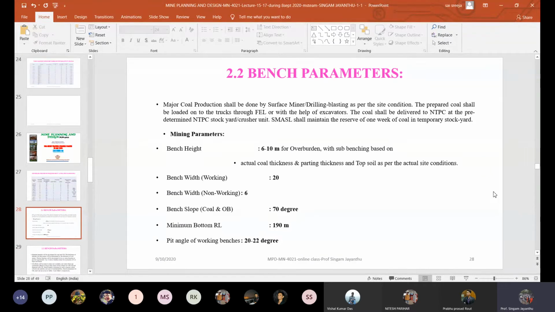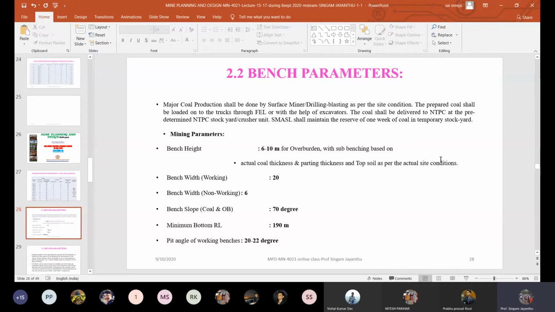Now I am showing you something more here. These are bench parameters, how it was decided and planned in that mine, and that depends on so many parameters, including some parameters of design concepts, which I try to cover a little bit in our mine planning and design lab. Otherwise, computer applications in mining is something else as a special laboratory. And those issues as a planner also we are supposed to know. From there only these issues will come. So how to decide the bench parameters and all. So decided bench parameters, now let us see here.